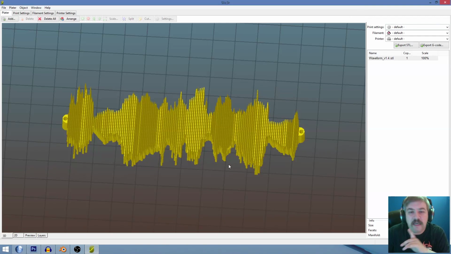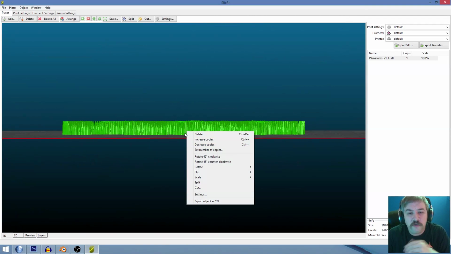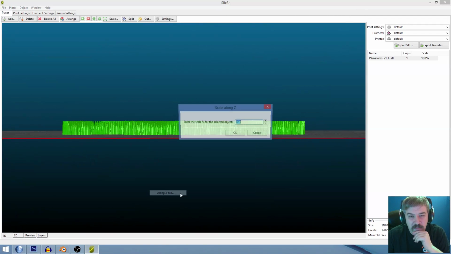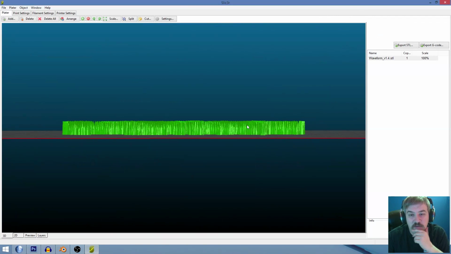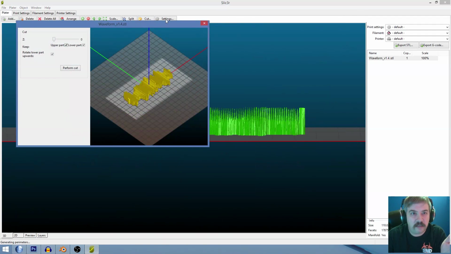Now, if I go to 3D, I'll show you how to use the cut setting. What we had originally done to get those valleys deeper was we would scale this up along the Z-axis, and let's just do it again, 200%. And when we scale the original file, we're not 50-50 like we pretty much are now. So let's pretend we're going to take out all the base here. We can then come up, make sure this is highlighted and cut, and this is Slicer, SLIC3R. Come down here,